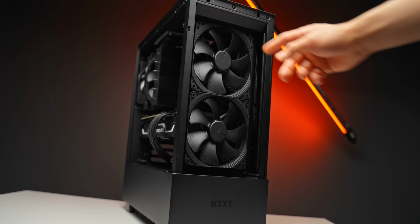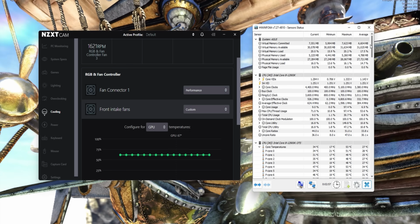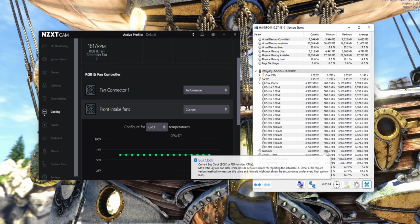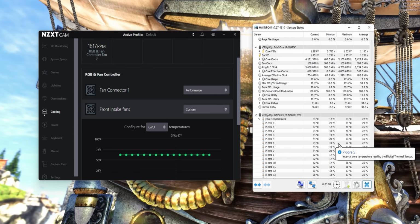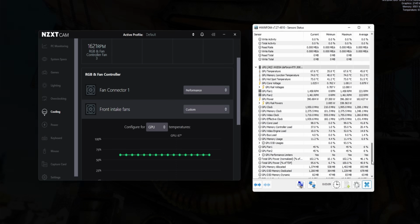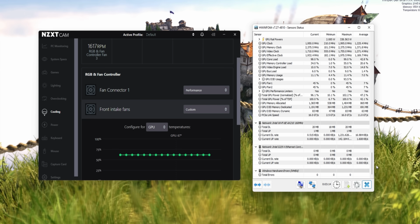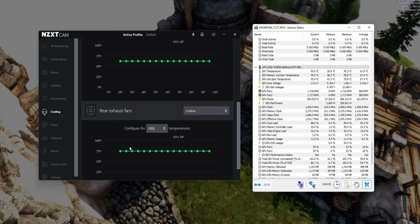Now for the important stuff though. If you remember, we actually set up our case fans using a fan controller from NZXT, so let's go ahead and get that up and running. Here I've got the Heaven 4.0 GPU benchmark running in the background. I've got HWiNFO running on the side here, which gives us detailed monitoring of everything that's going on with our PC, and then we have NZXT CAM running off to the left. I've labeled our 2 fan channels that we plugged in earlier, the front intake fans and the rear exhaust fans,